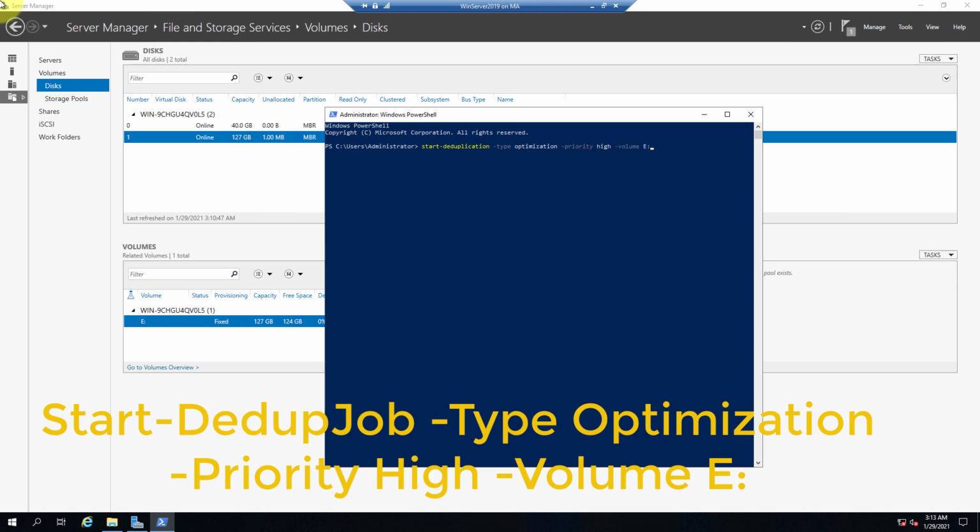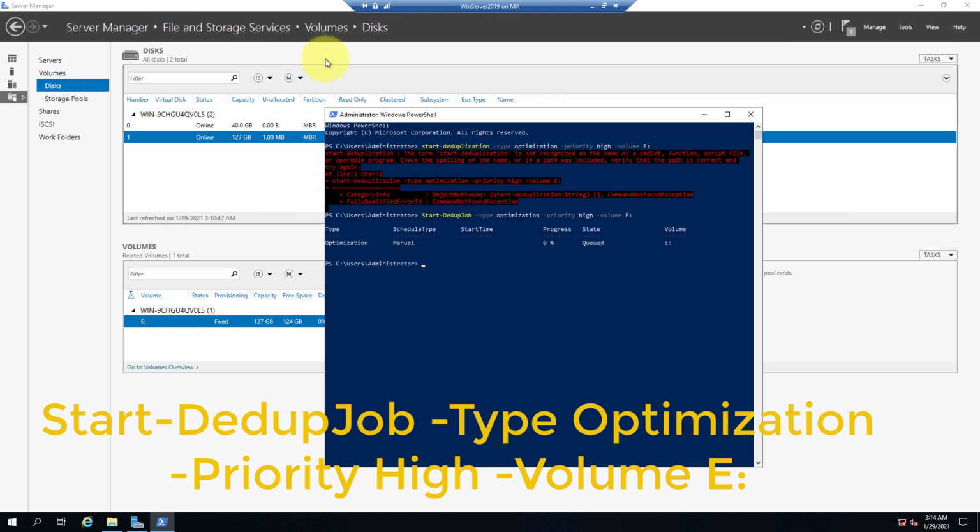Now let me press enter. There is some problem. Actually I'll delete this, deduplication, and just mention dedup, and press enter. Now you can see it started.